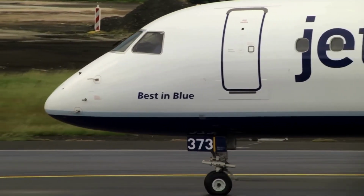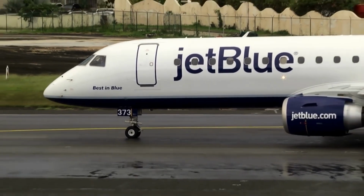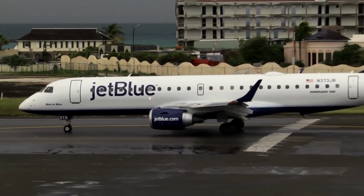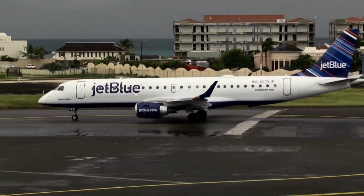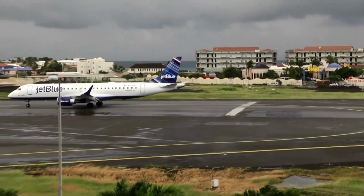JetBlue chose Viasat to complete the in-flight connectivity across its entire fleet of Airbus A220 aircraft. JetBlue's new Airbus A220-300s offer wider seats and a range of 3,300 nautical miles, which is capable of completing short-haul, medium-haul,